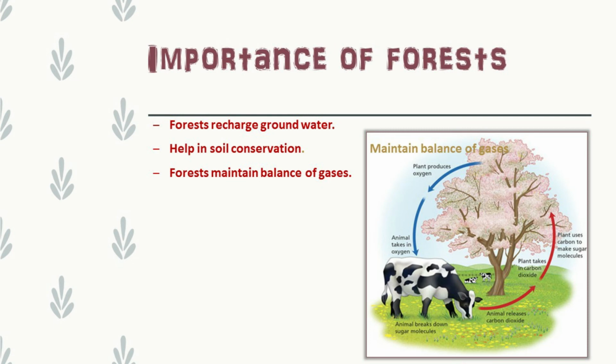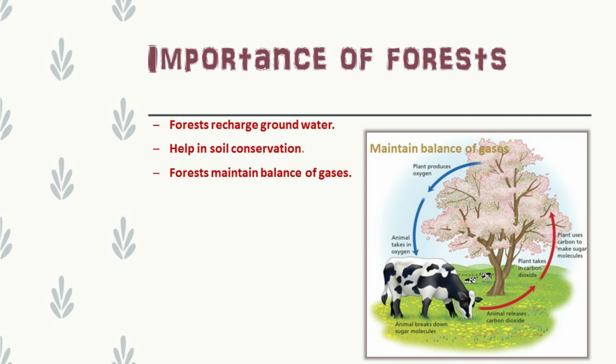Afterwards, trees help in recharging groundwater, as the roots of the trees make soil porous and the rainwater seeps down through these pores. Moreover, forests also preserve our environment by balancing the amount of oxygen and carbon dioxide on earth,